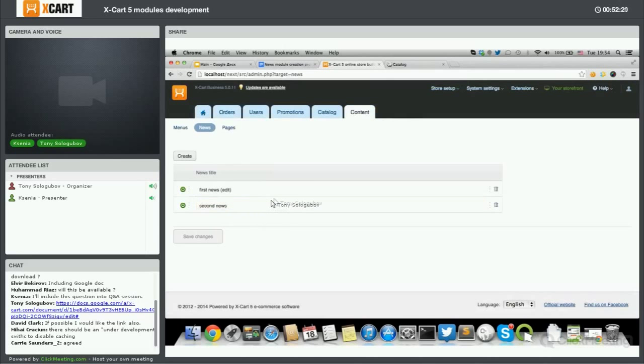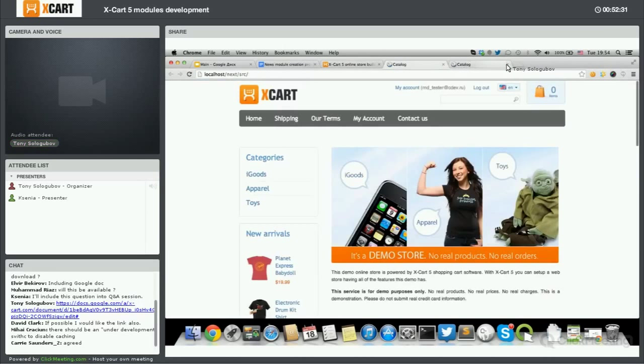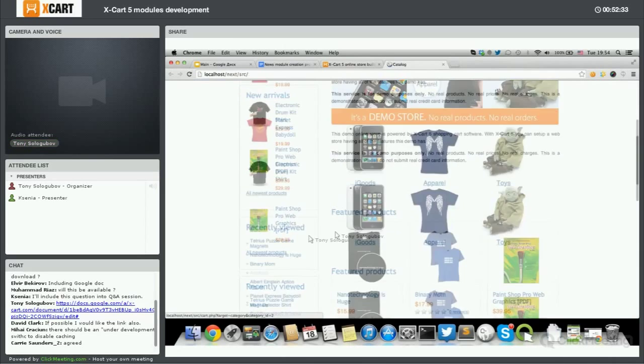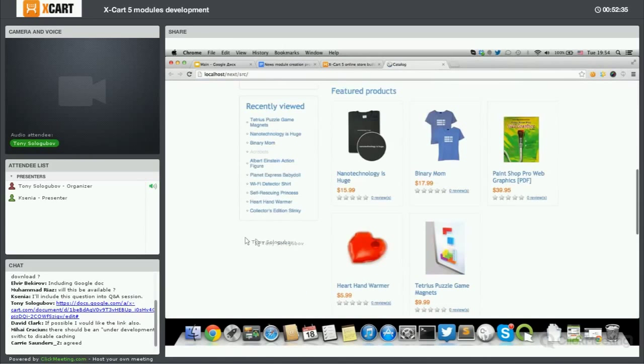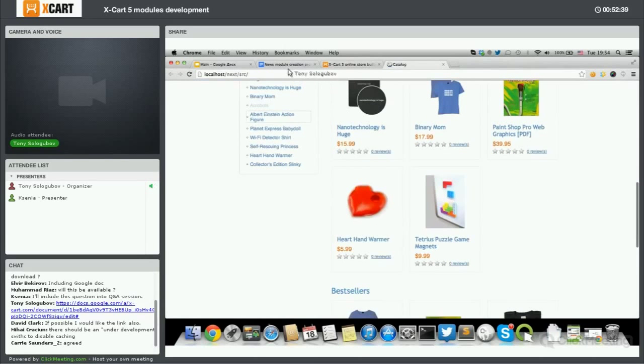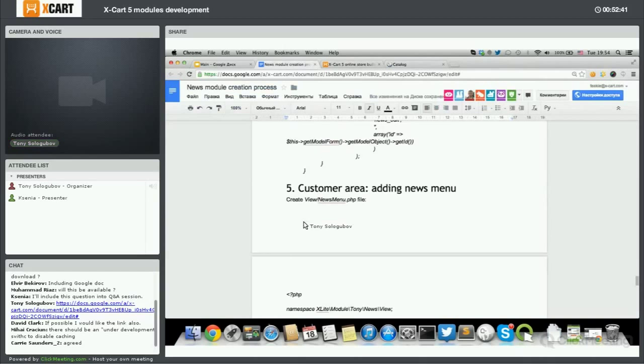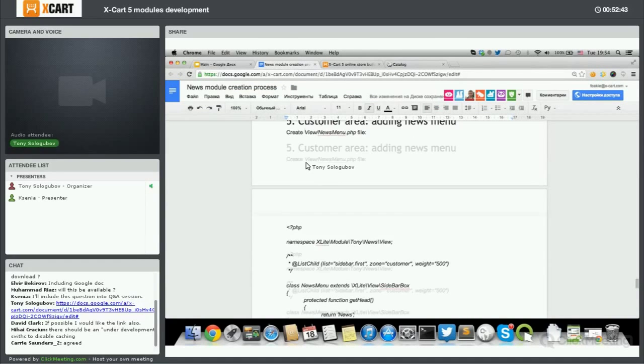And everything is working as we need it. And now we need to create something in the customer storefront, so our buyers will see our news. And we are going to add a menu at the bottom. We are creating a new viewer